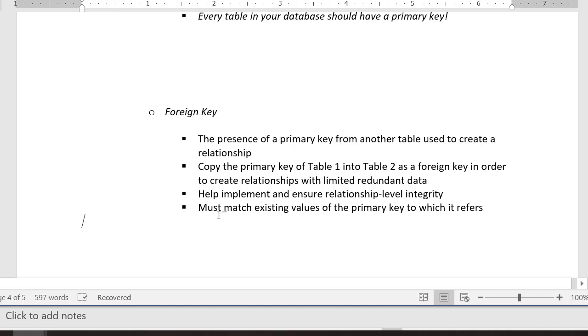And so when we do that link, that helps implement that relationship level integrity. Meaning that in the parent, I should say child table, the child table is the table that has the foreign key that you're linking to. The primary key value that you've got in that table has to exist in the parent key or the